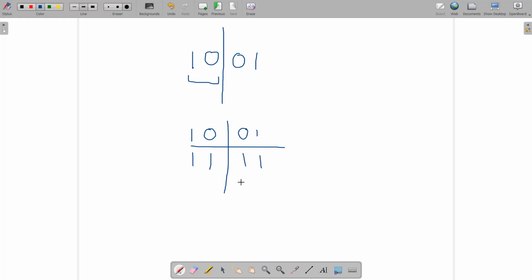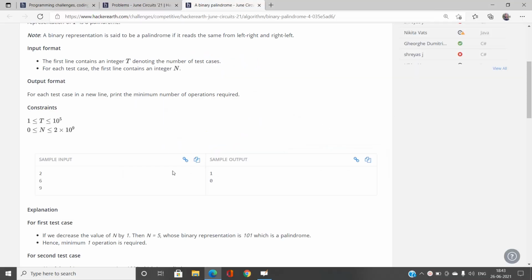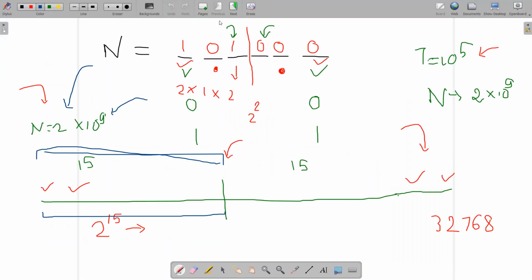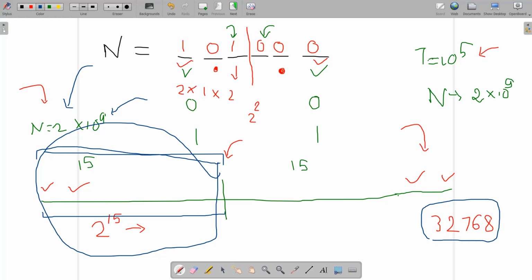Okay, so what I'm going to do is, since in the worst case I need 30 places in total, the left half would contain 15 places. I will generate all the strings for these 15 places, and once I generate them, I will just reverse each one so that I will find a string of length 30, and that is going to be a palindrome. Okay, so how are we going to do that? You can see that 2 to the power 15 comes out to be this value. I can just brute force all of these values one by one up to 32768.